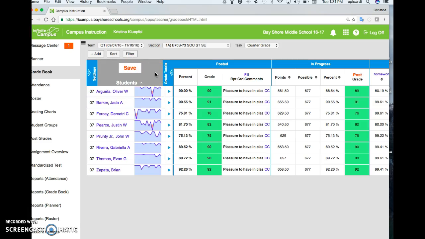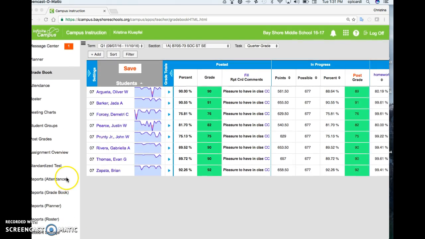One last thing about the comments, if you know the grading window is open, but you don't see the blue CC link next to it in the comment column, that means your account settings are not checked. So if you do not see this blue CC, you're going to go down to the bottom left here, and you're going to click account settings. And once you click the account settings,